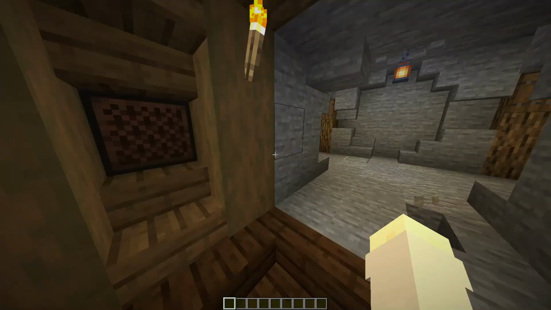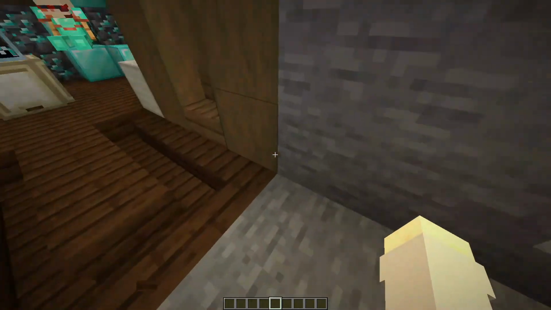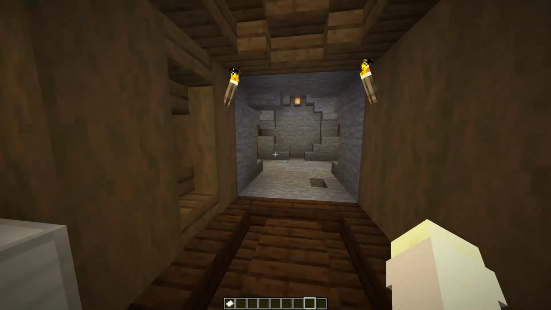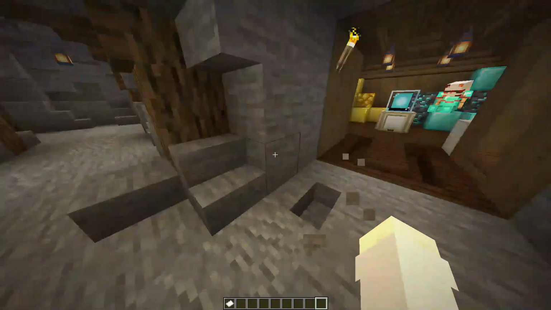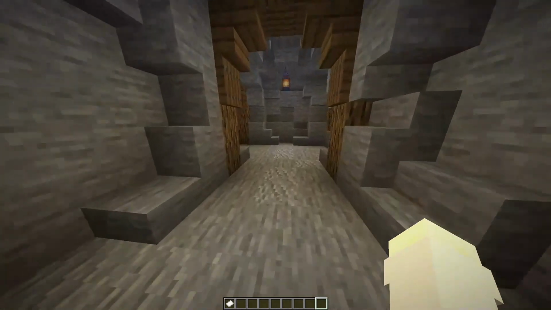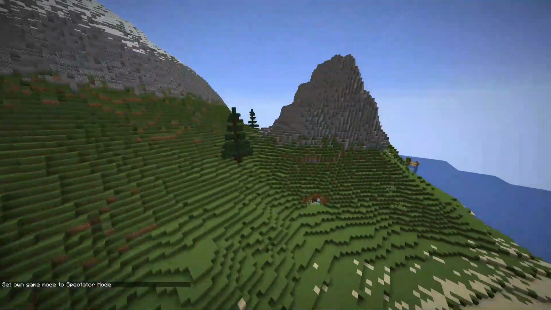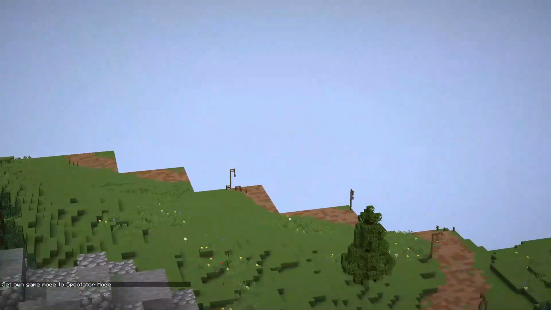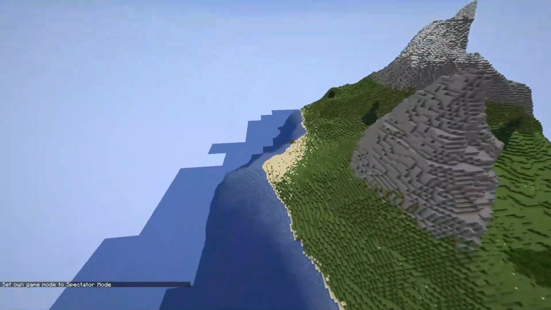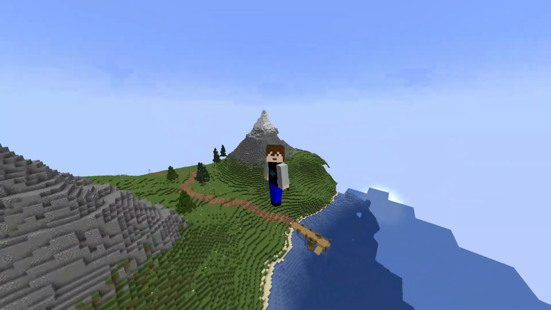Just once more. I haven't made this stair float down, so it looks nice. You could even, I guess you don't have to shut the door that way, you could just pick that and sprint through. That's really cool. I'll just put the item back here. Alright, next up is the village, which I technically already built, but you haven't seen the time-lapse yet. So let's start the time-lapse right now.